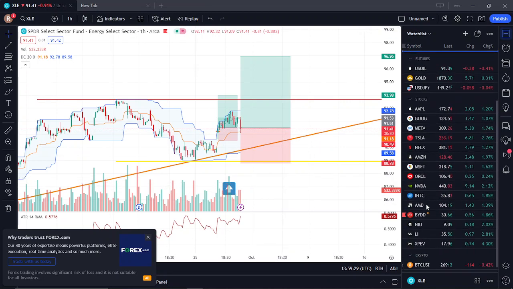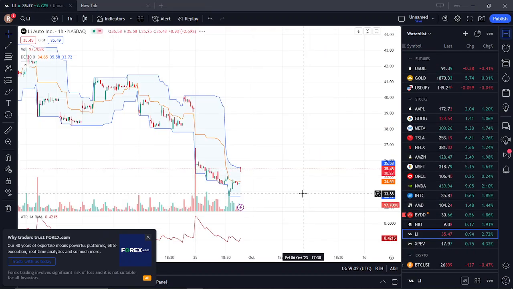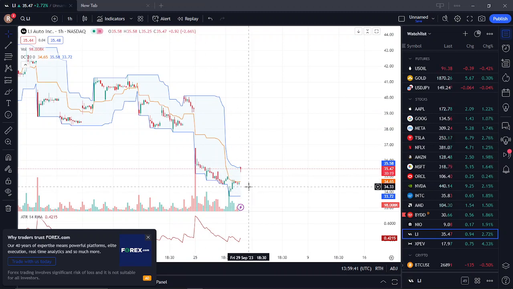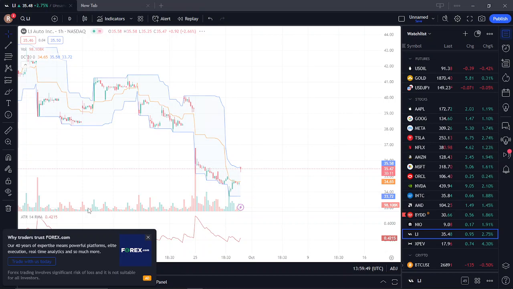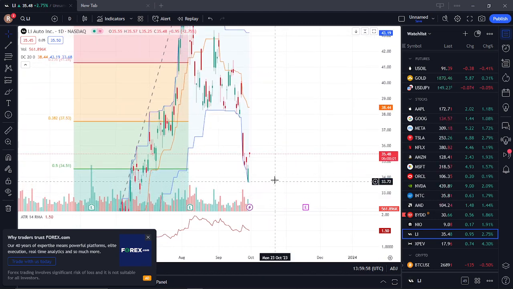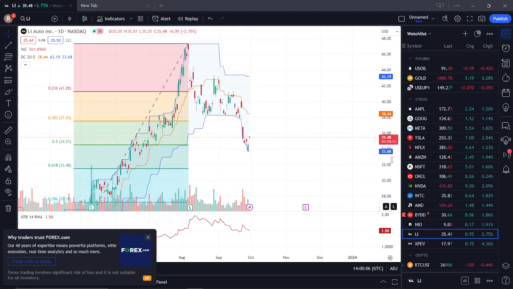For example, just like Lee, that opened it, that one is crapping out. So I opened it and it did one of these. Right. But today, it looks like it wants to come back up. Only 1 hour though. On the daily, let's go to the daily. The daily is the meaningful one. Yeah, the daily, it did one of these gap down and then got back up. But I have a 9 delta, which is way far away at 34. So it actually went into red, mark to market, and then got back into green. But that's fine because it's a month-long trade with options, so that's fine.